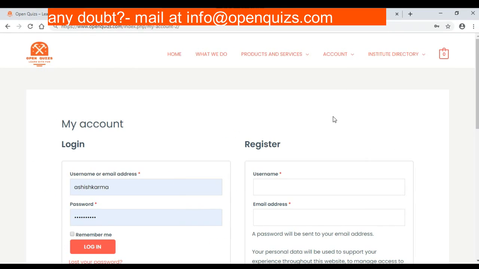So today there were a lot of queries from teachers about how they can upload bulk questions to the openquizzes.com platform, because uploading questions one by one is very tedious for them. So we also provide a platform, a homepage where you can put bulk questions, like thousands of questions in one go. You can have an Excel sheet, and in that Excel sheet you can just post all the questions. Okay, so we'll quickly begin.